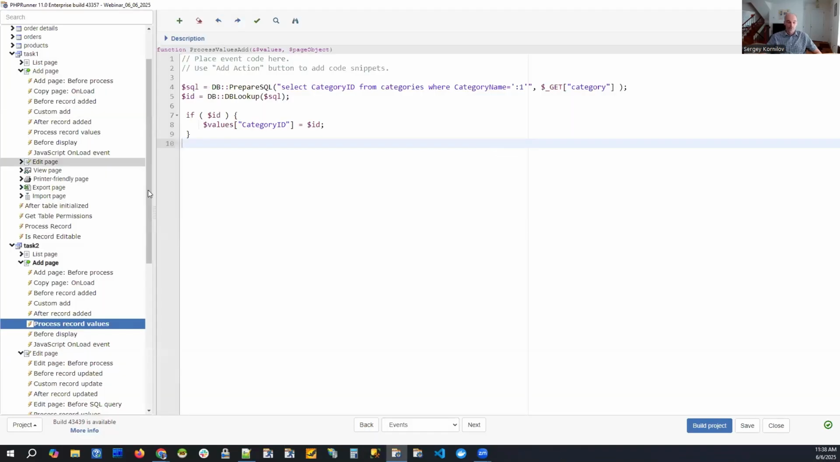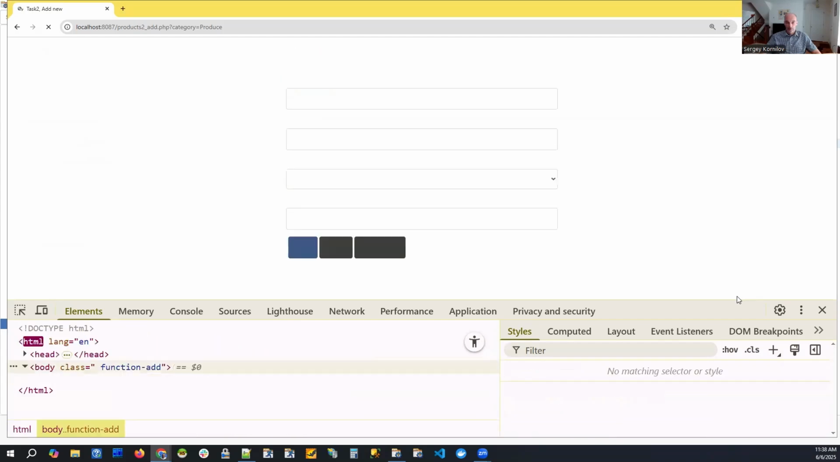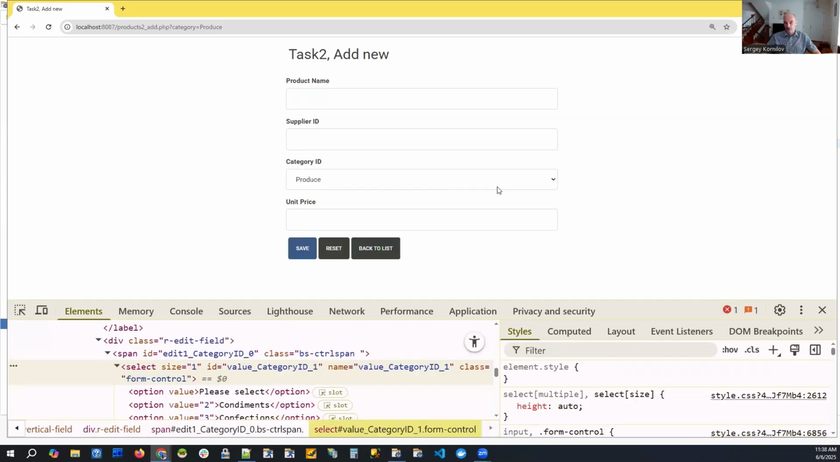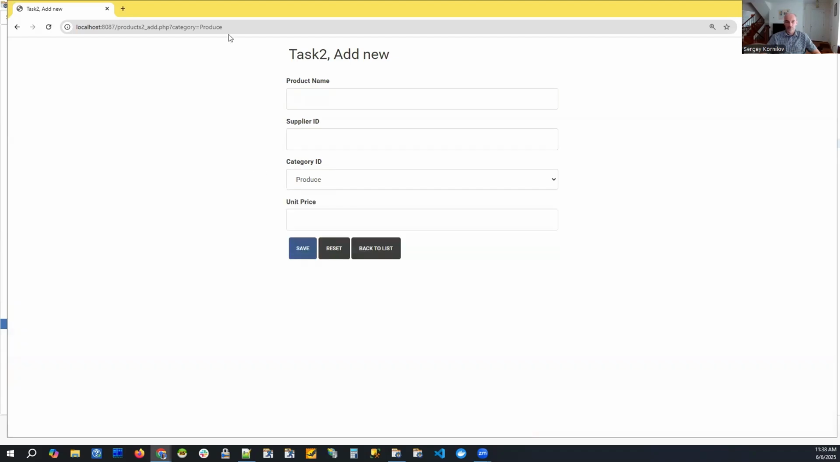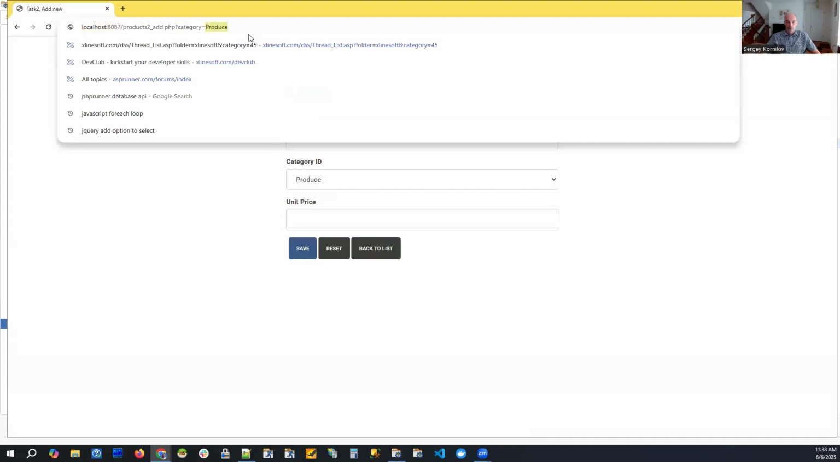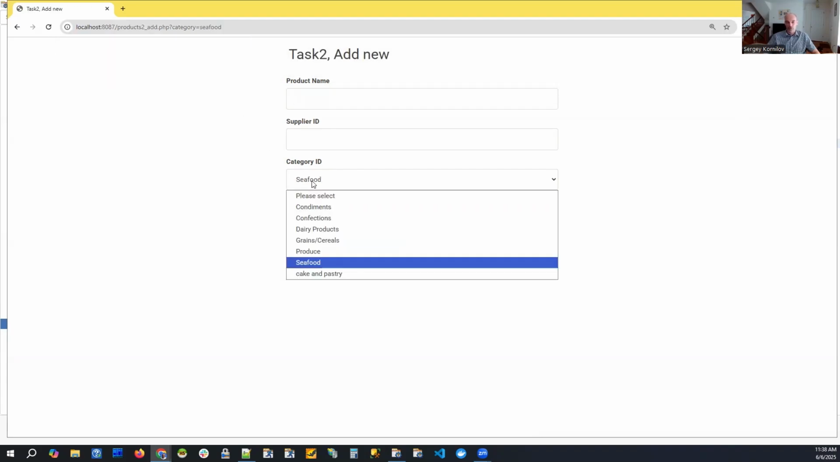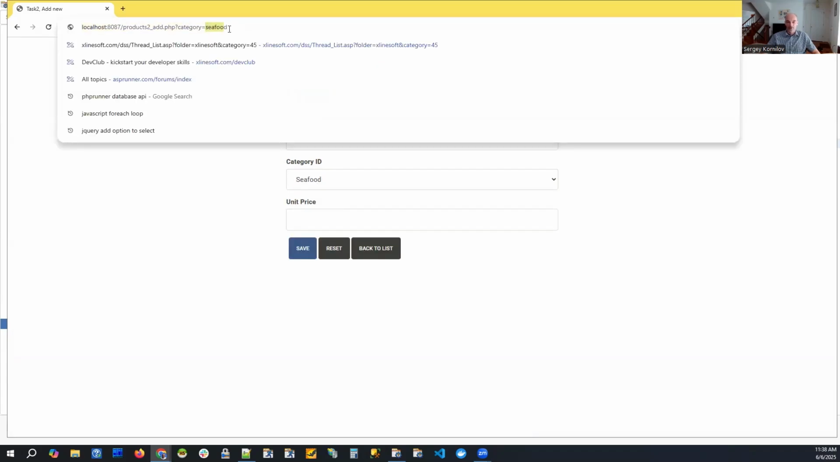Let's go back to the web browser. Reload the page. We can see that it now works based on what we entered. So instead of produce, we entered seafood. By the way, I'm pretty sure that it's going to work like this, so for the database, it's probably case-insensitive by default. Seafood, it's working. And if you enter something like cake,